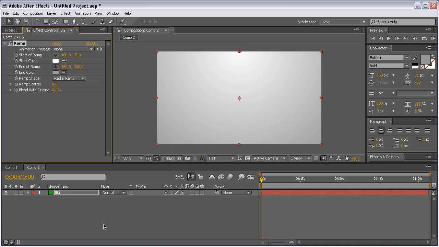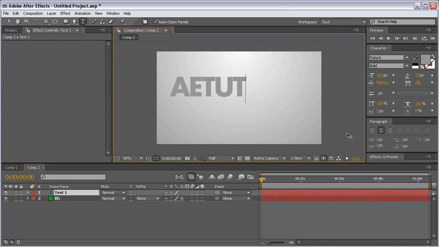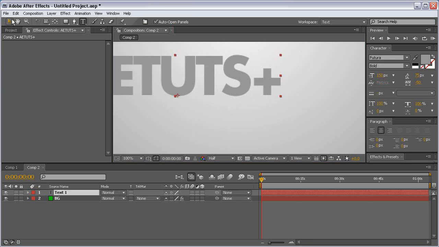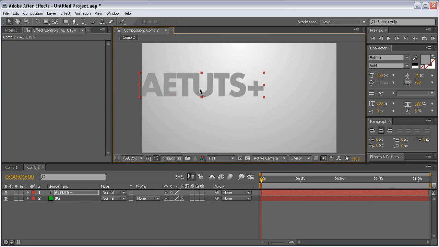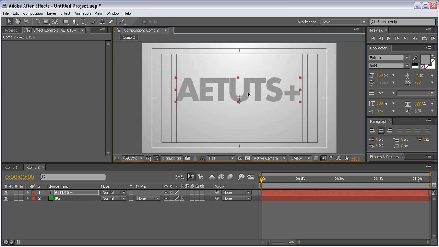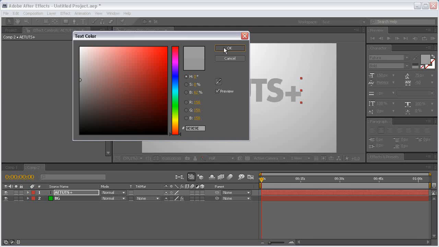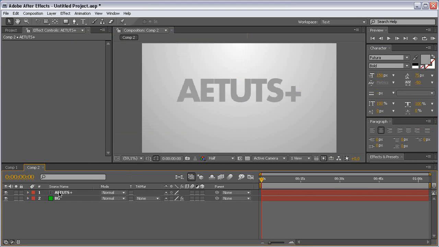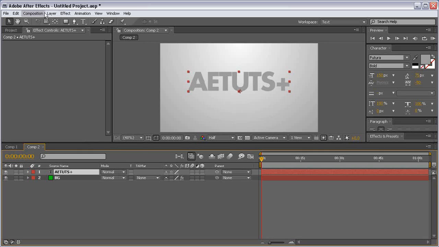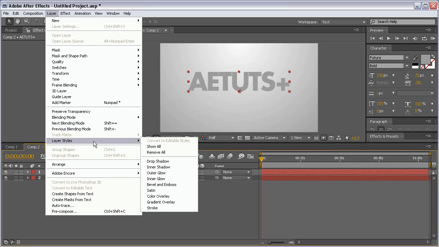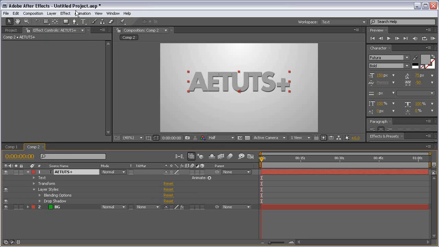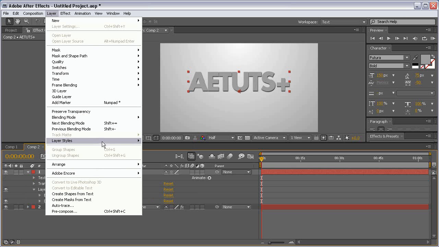something like this, and create a new text. Let's type ATuts plus and center it in the middle of the composition, like so. And we are going to use this color to start, and select the text layer, come to layer, layer styles, and add drop shadow, and again layer styles,